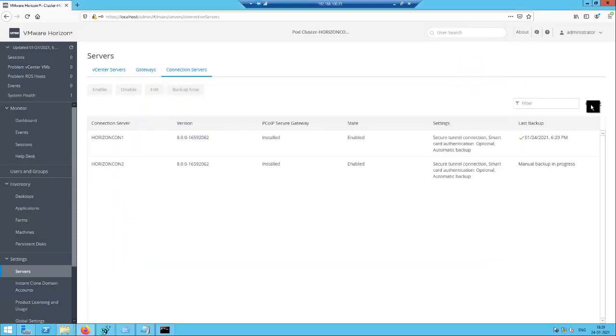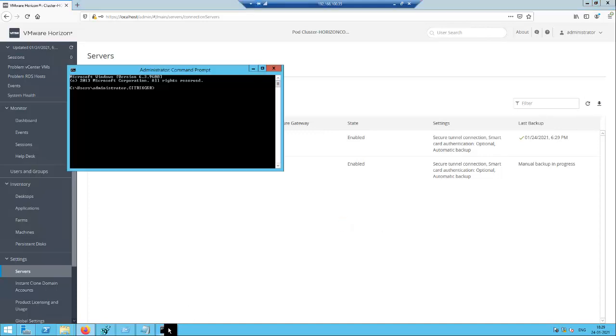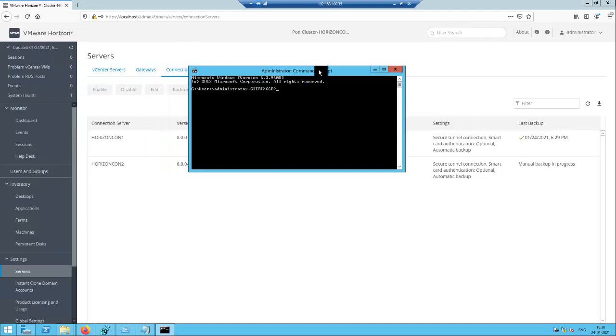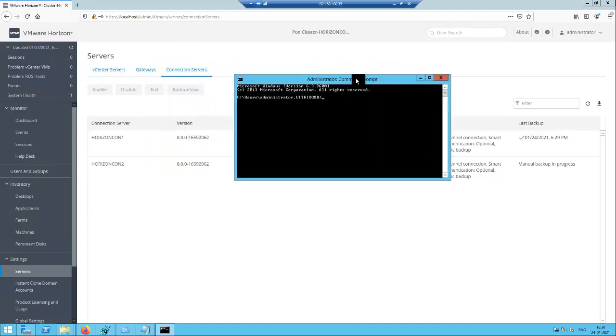Okay, then I will show you how to take a backup in another method as well. This method we can use when you are trying to reinstall the connection server role.